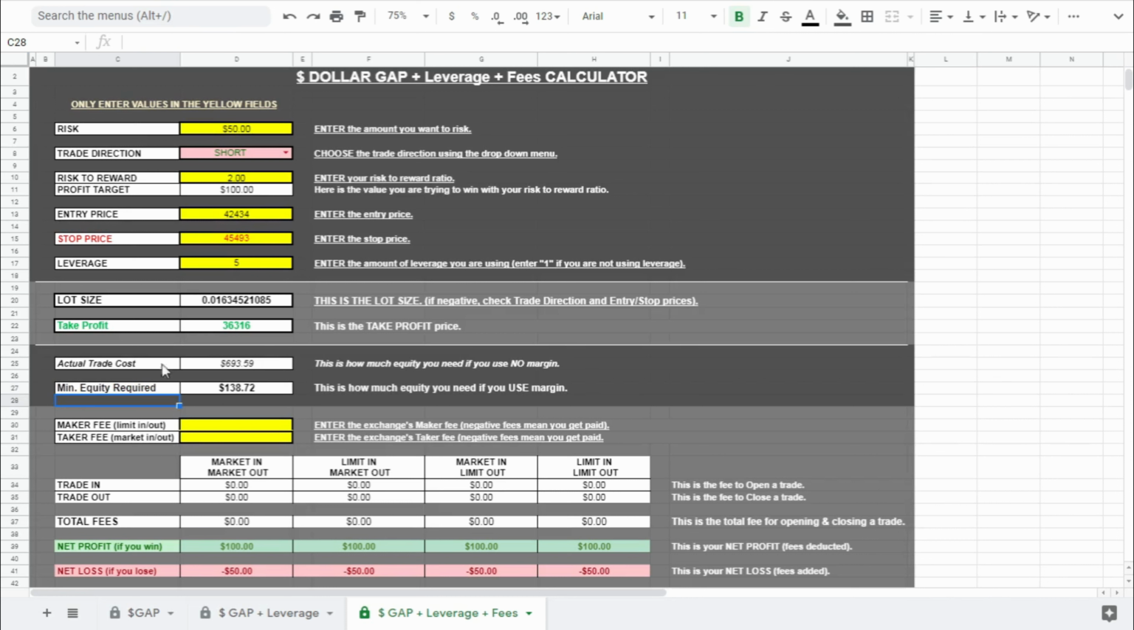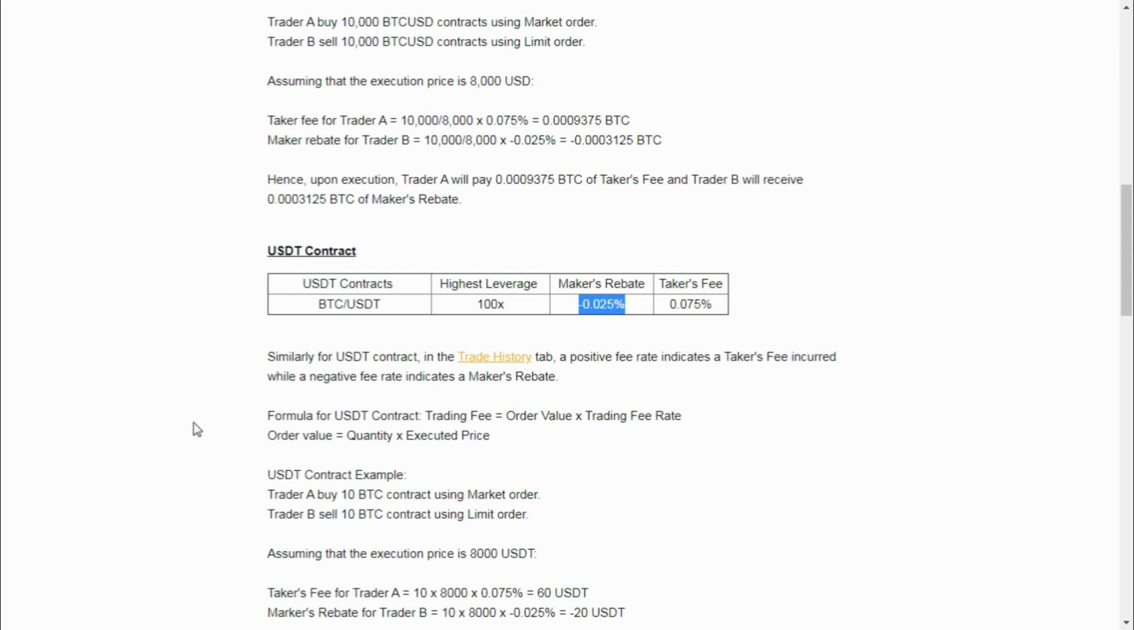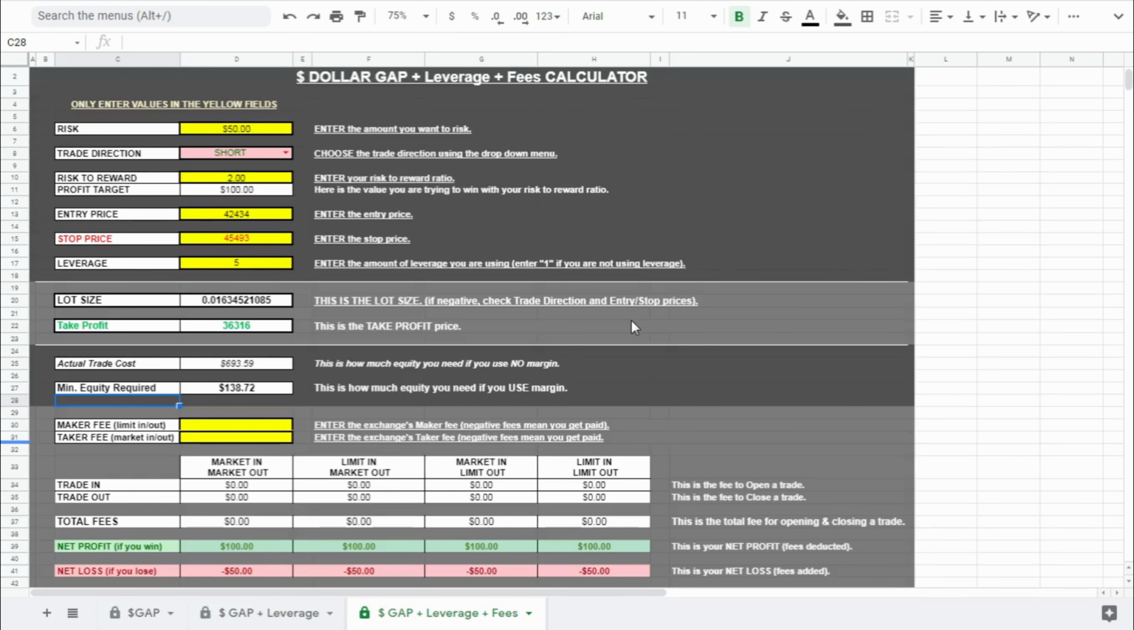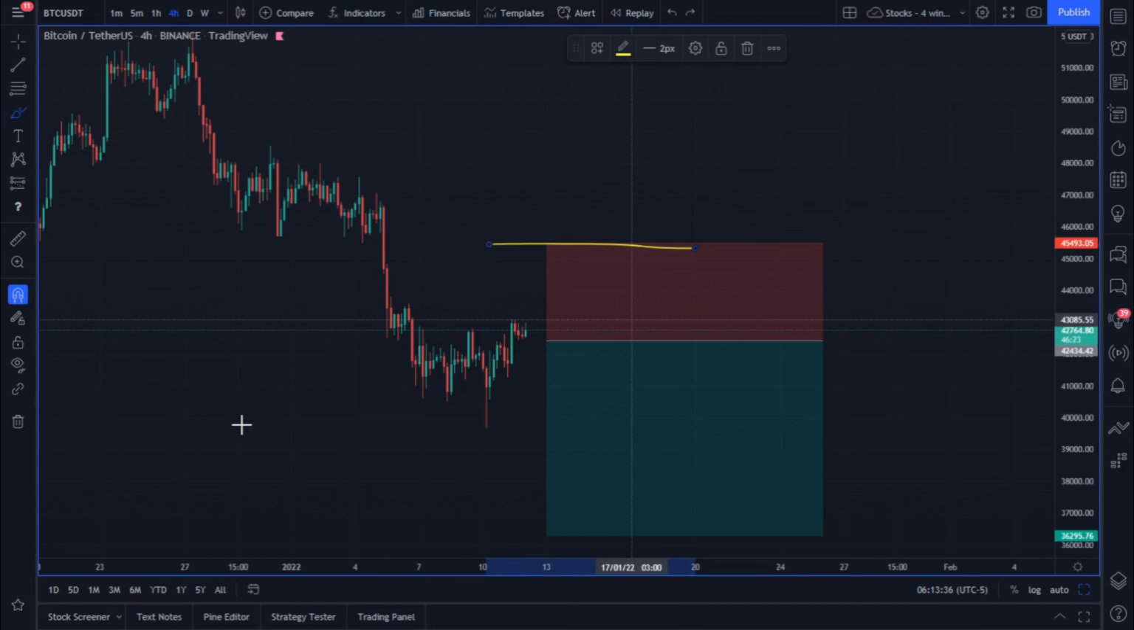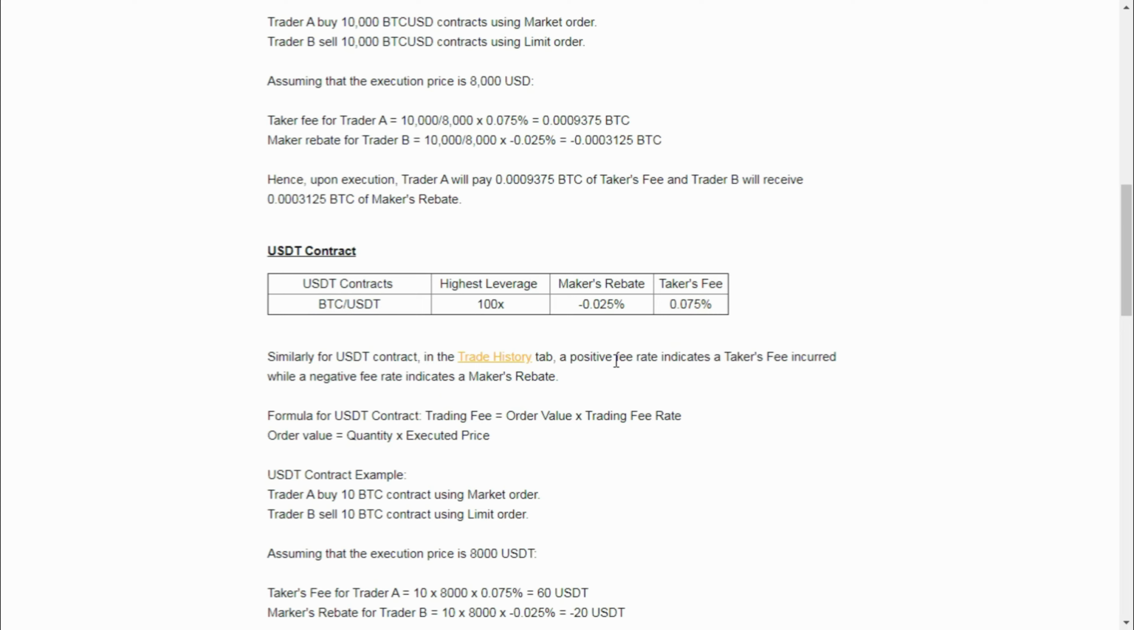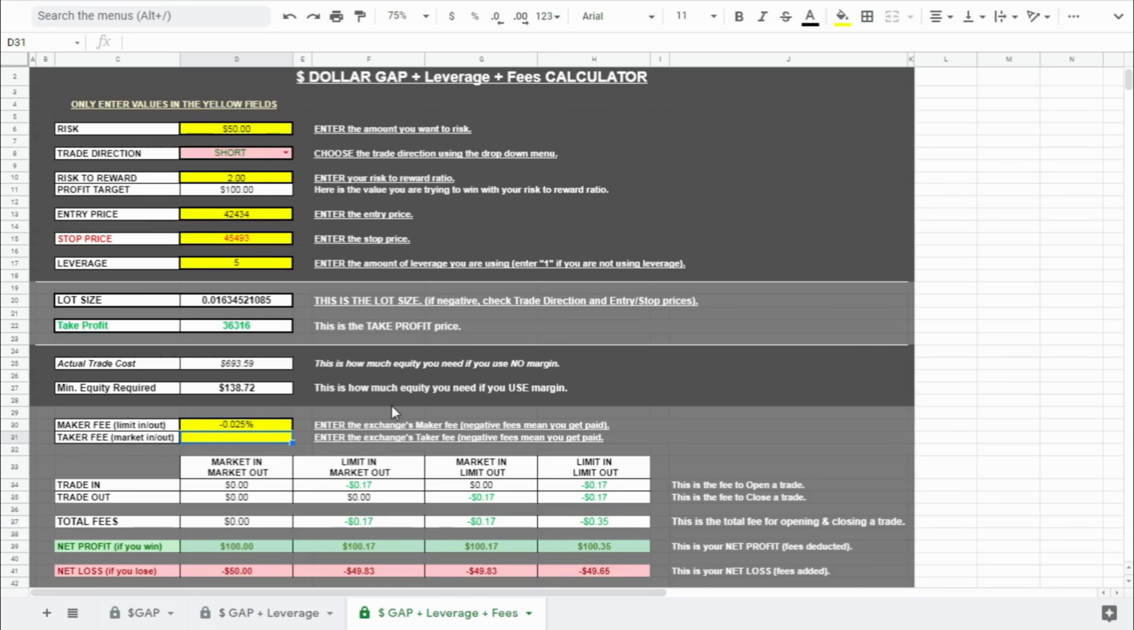Alright, so now we have these new fields, maker fee and taker fee. Let's just use the Bybit version, because whether you've seen this or not, it just makes for interesting viewing. So maker fee of minus 0.025, and what was it, 0.075. Okay,